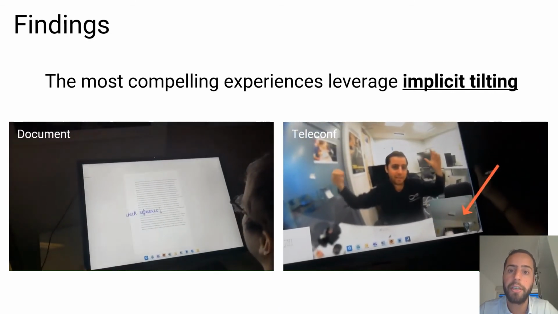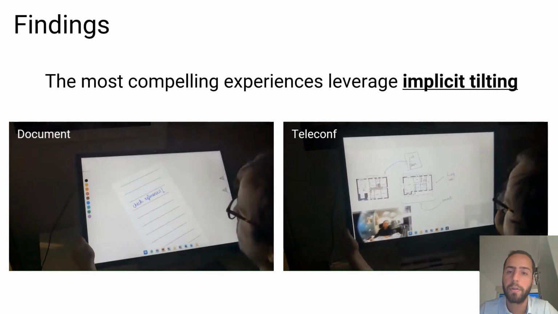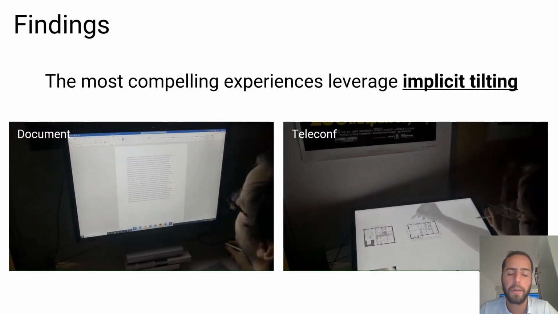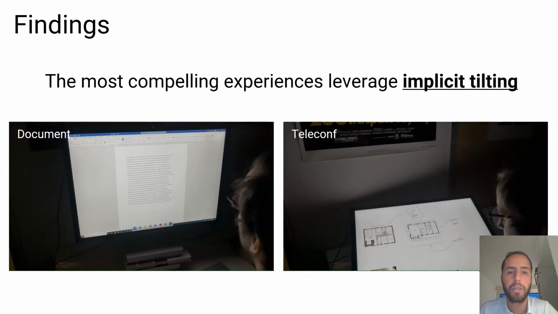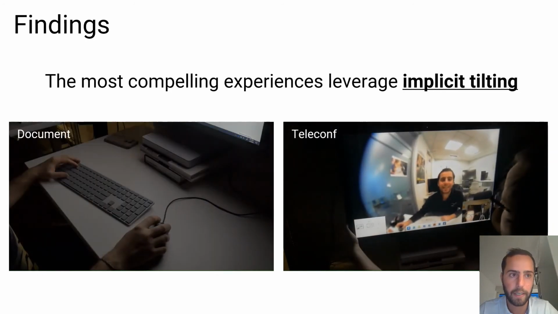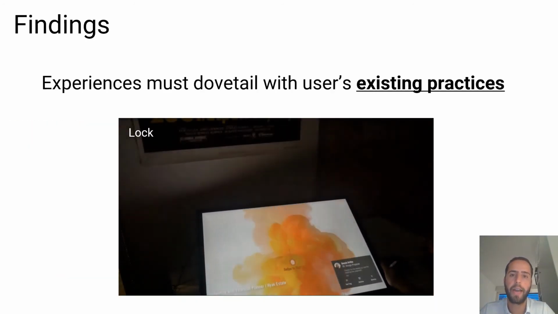Participants also mentioned difficulties with current telework user interfaces to find whiteboards and document sharing during video calls. This suggests that when the UI responds appropriately, implicit use of tilt can also lower the perceived effort to access certain program functionality. We received mixed responses to our lock screen app experience.